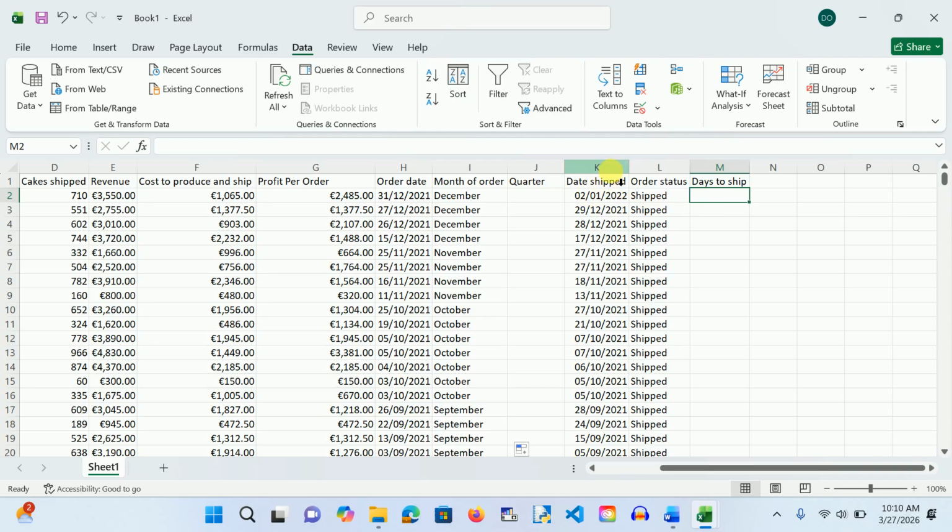Days to ship equals the date shipped, minus the date ordered, as you were told. Because you need it to be in days, that means using